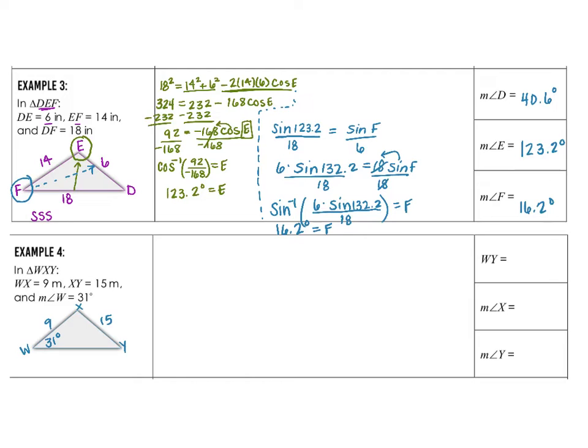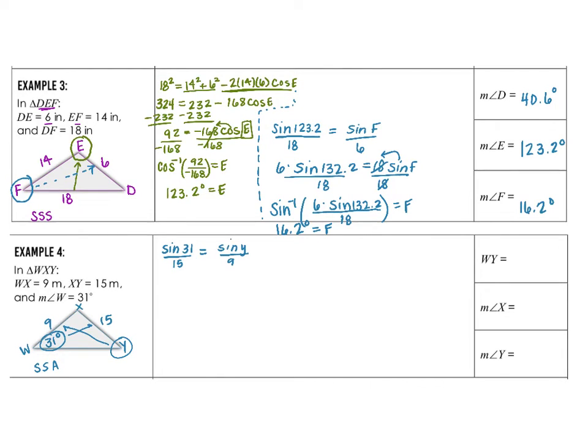So on this one, notice that you are given an angle and side, or side angle. So that means you can go ahead and set up your law of sines and try to find some of this information. Now, you would be able to use sine of 31 over 15. So let's go ahead and start that part. You have sine of 31 over 15 is going to be equal to, and then solving for the next, we can do angle Y, and that's going to be across from side 9. So sine of Y